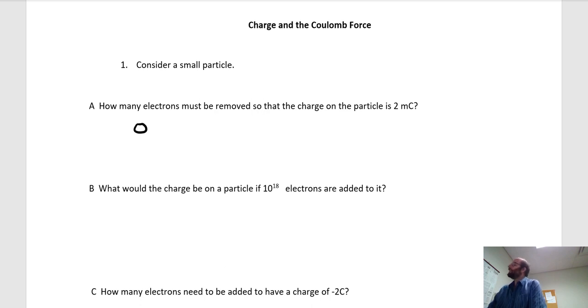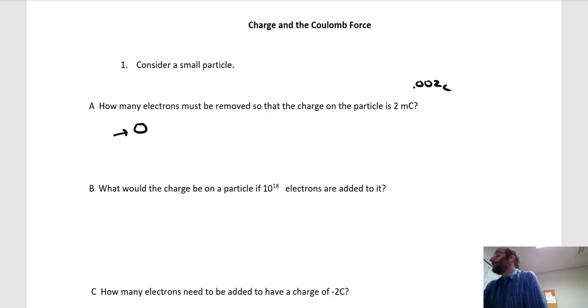Now, milli means 10 to the minus third. So effectively this means 0.002 coulombs. So just a little reminder, how do we charge an object, right? This object presumably is electrically neutral, meaning that it's got the same number of protons as it does electrons. If we removed an electron, it would now have one more proton than it does electrons, and its charge would